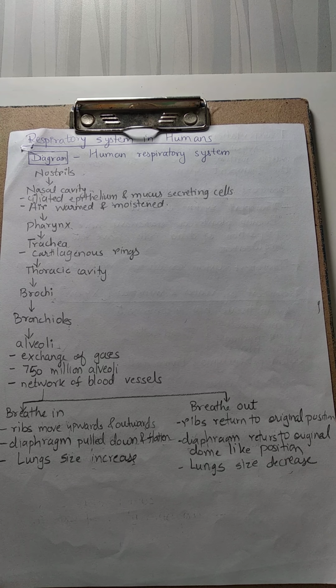See, we have seen in lower animals, the exchange of gases through diffusion can take place through the body surface. But in multicellular organisms, this is not possible, right? To meet the oxygen requirements of the body of a multicellular organism. Why? The reason is, unlike unicellular organisms, in higher multicellular forms, including man, every cell of the body is not in direct contact with the external environment.